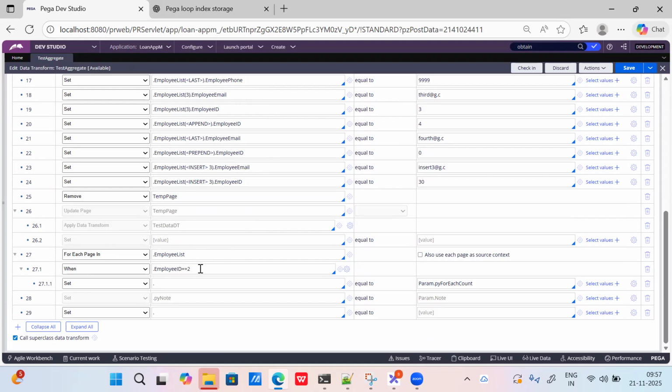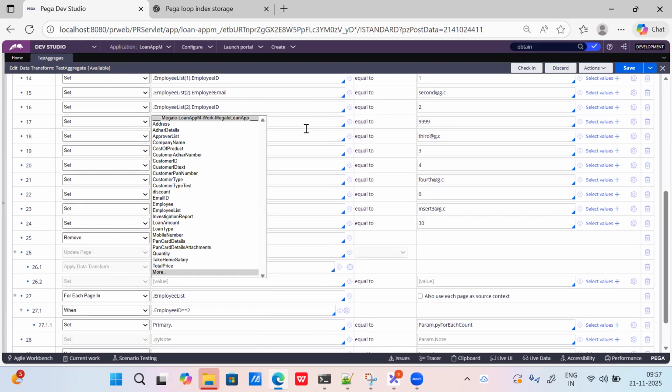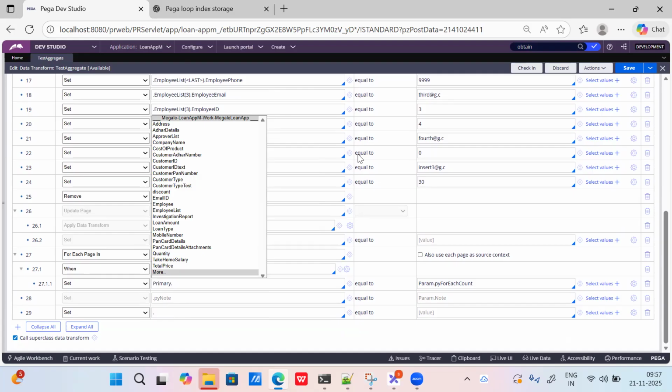But here, my employee list is taking the class context of the data layer. So if you want to refer to properties on the main class while inside a data class, or any class, use a keyword called primary. Primary dot. Now what happened? Primary has taken the privilege of getting the class context of this main class. This is the main class.